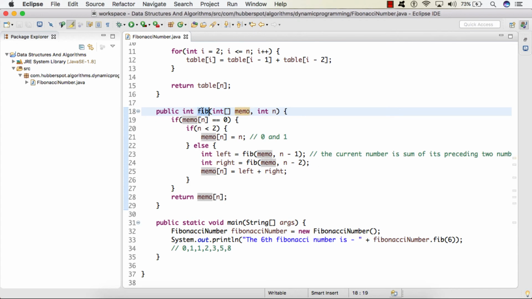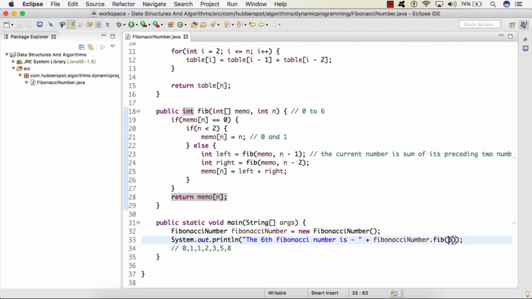And as we are calling this fib function, we need to pass an empty array whose size would be n plus 1, which is 7, because we want to store the Fibonacci numbers from 0 to 6. And finally we need to return the value at index 6. So as we are going from 0 to 6, we need to initialize the array of size 7.